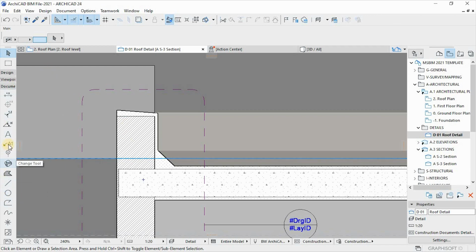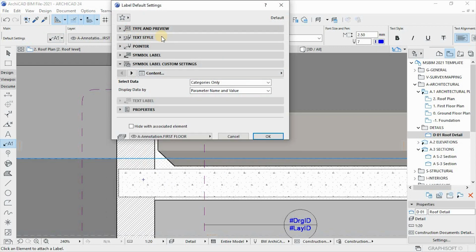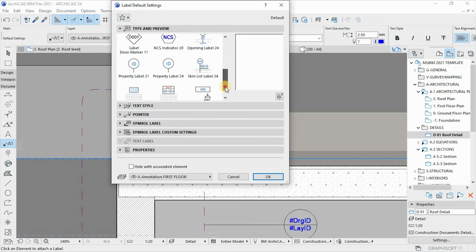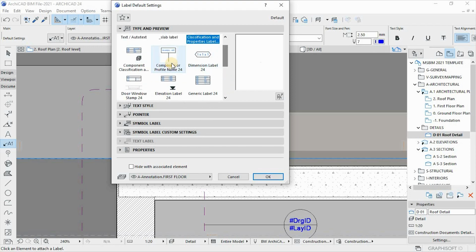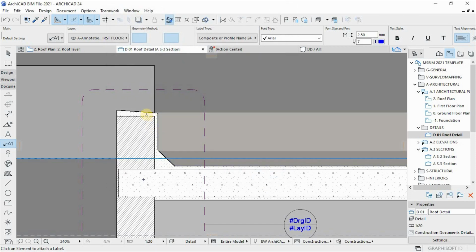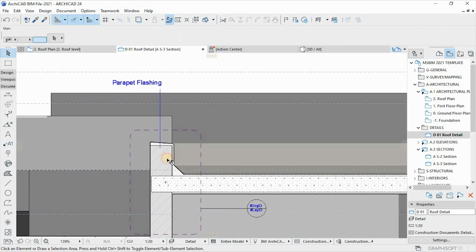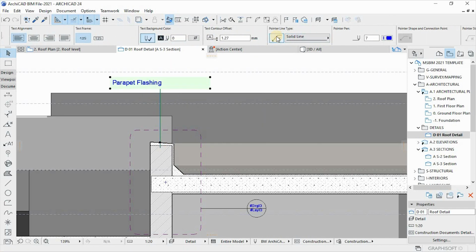Another interesting part is this one. Go back. Another interesting one is, where is it? The composite and profile name label. So what you do, you click on the label, it will give you the name or the description of that component. So if you check here and then activate the label,